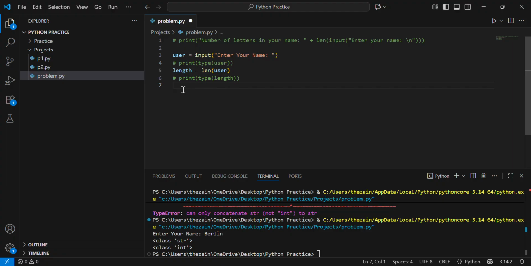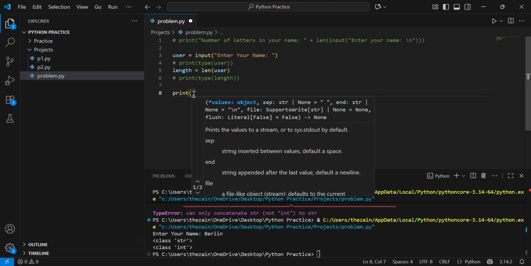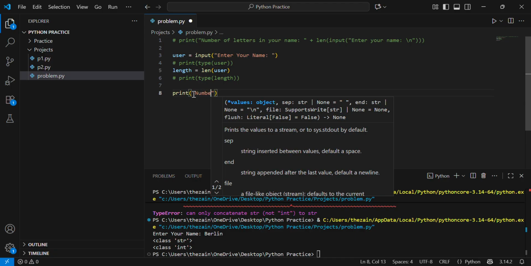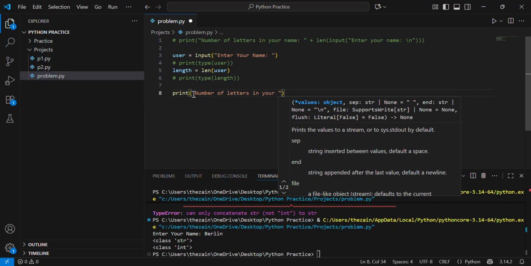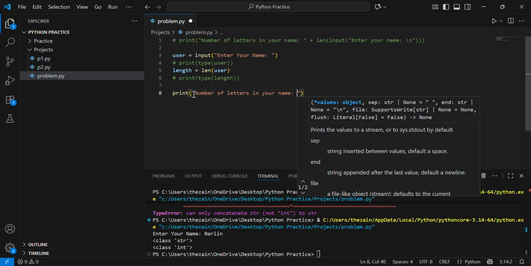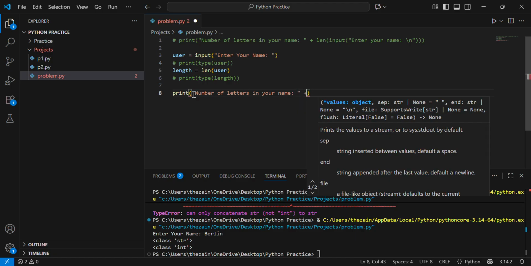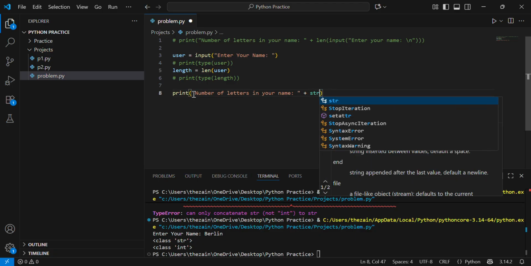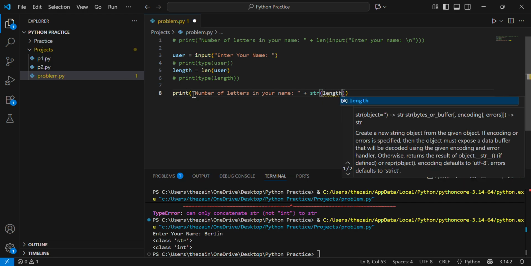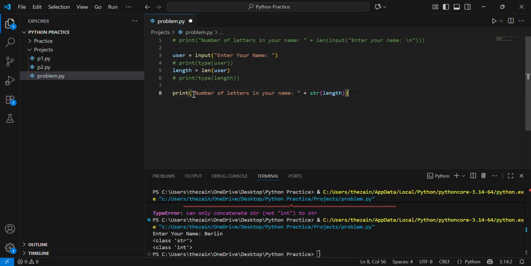If we repeat the same process as previously, it will not give the result. So we have to change the data type. For that, we will try to print number of letters in your name, using concatenation. Here, be careful as we are converting the data type to string. As length was an integer, we converted it into a string, and we will hit